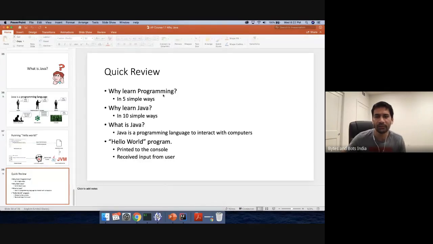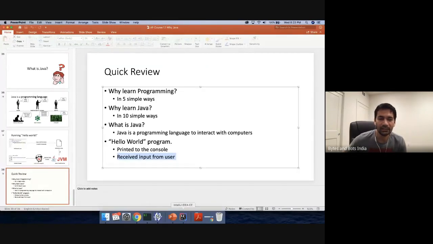What did we learn today? We learned why to learn programming in 5 simple ways, why Java in 10 simple ways. What is Java? A programming language to interact with the computer. And we wrote a hello world program. We printed to the console. We did not receive input from the user, but in the interest of time, we can cover that later in the next session.